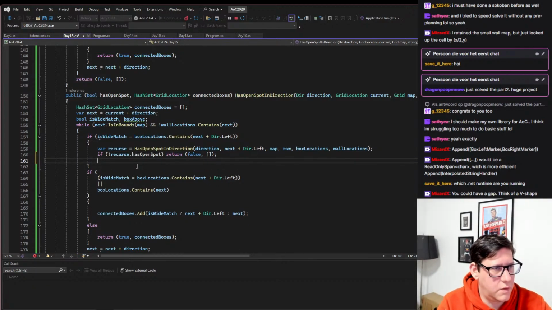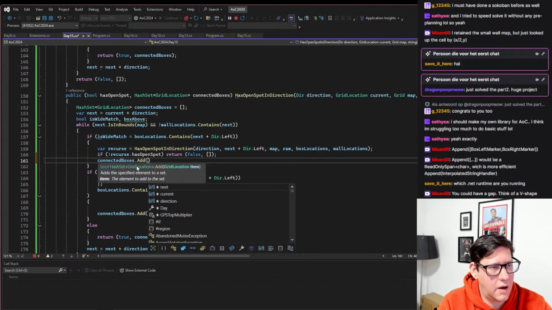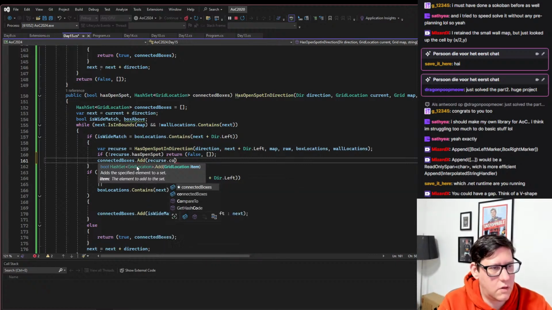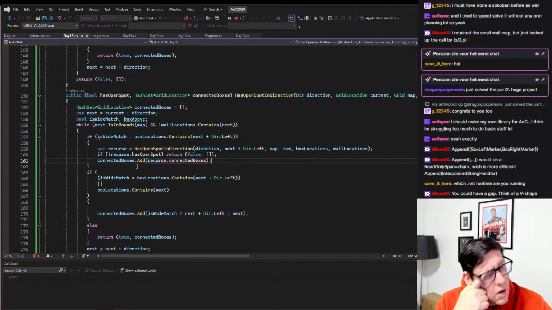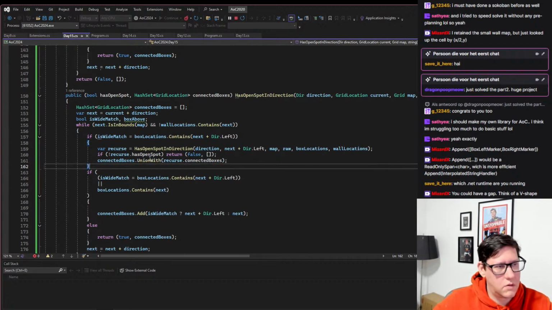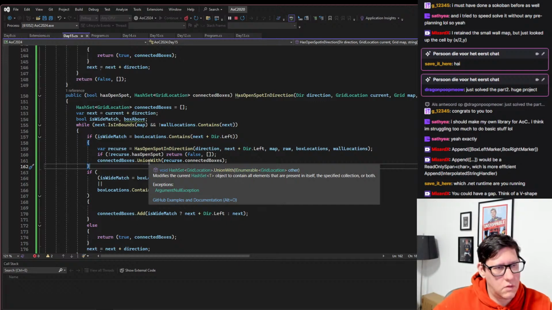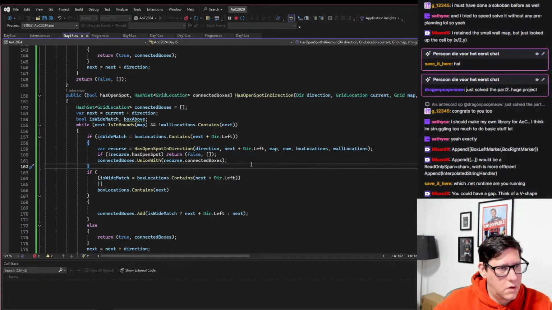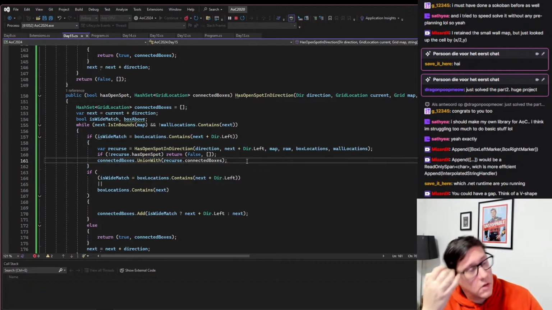And otherwise we can do connected boxes dot add recurse dot connected boxes, union with. Sure, so this one would